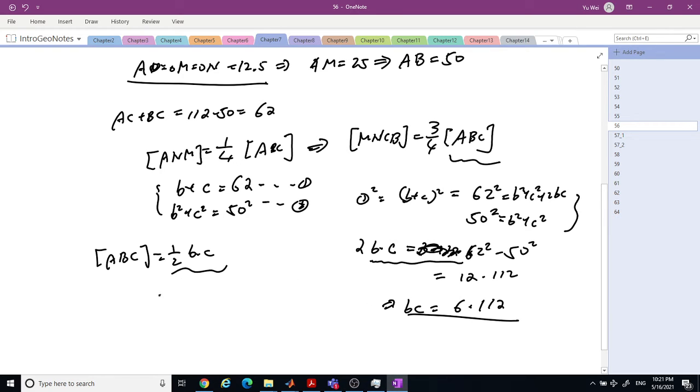Then we see the half of the BC. The half of the BC is equal to 3 times 112. Then we know the MNCB is 3/4 times 3 times 112 is equal to